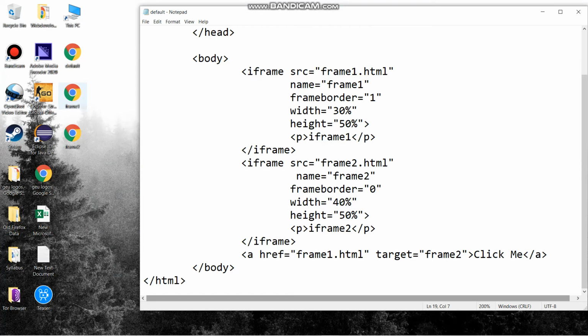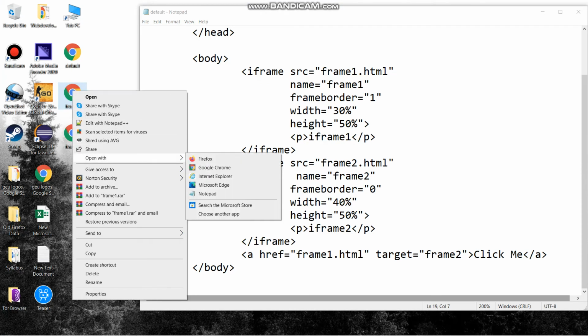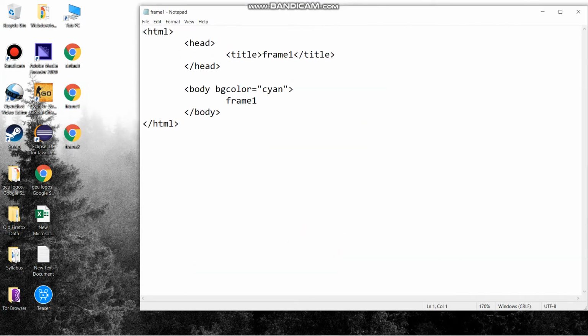What I will do now is give some text in the frame1.html. I will write inside the paragraph tag, how are you, and now copy it and paste it multiple times.